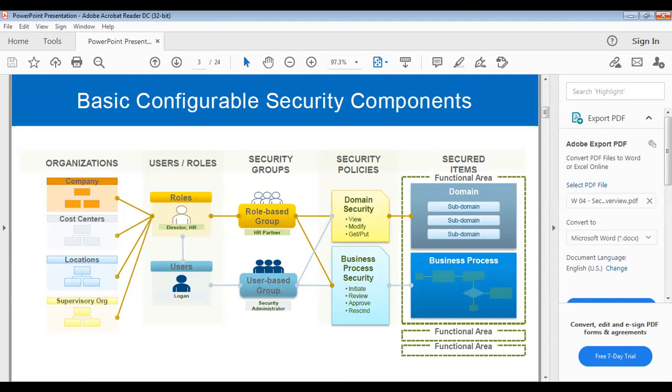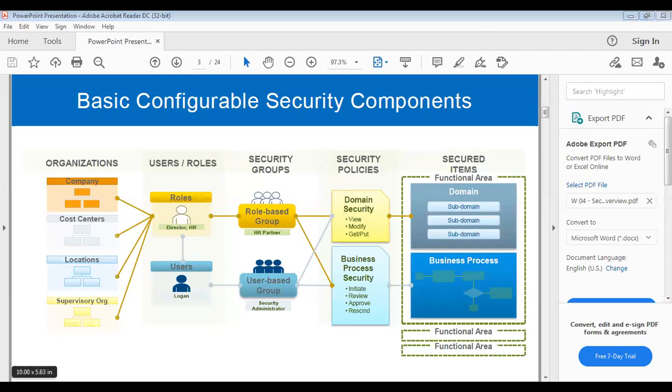Now, these domains are linked to subdomains, and these business processes are linked to different business process function areas. They are called secured items. So in real time, if any issue comes up, if someone is not able to view any report, we can use the View Securable Items task. It helps us find what the different types of securities in Workday are, or we can use Compare Security Groups.